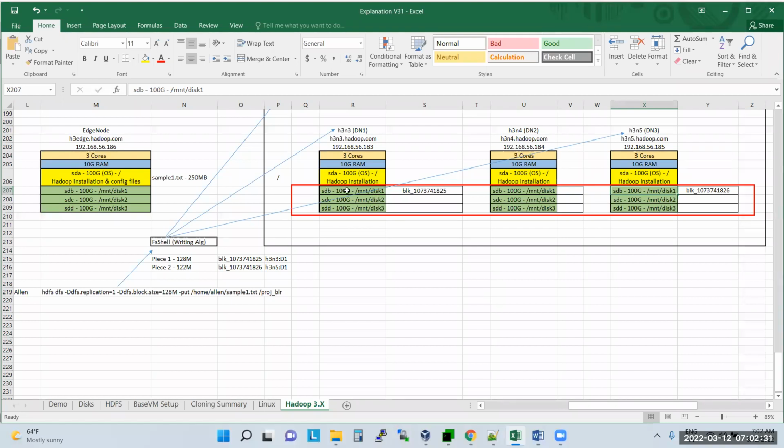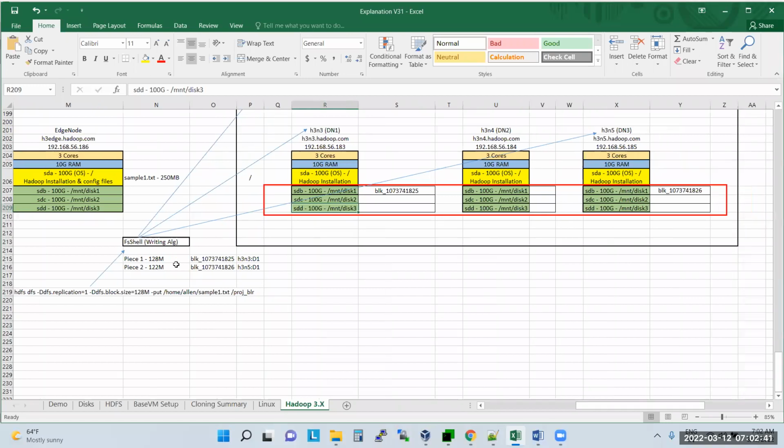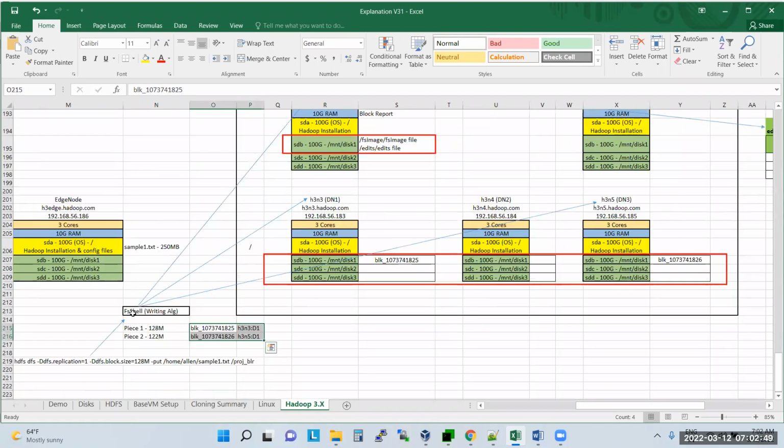Luckily, I have 9 hard disks from 3 different machines. All are having the same free space, right? So now, you understood this part till here? Yes. So the name node confirms this. Now, as per the name node instructions, the writing algorithm will contact the first data node 1, which is